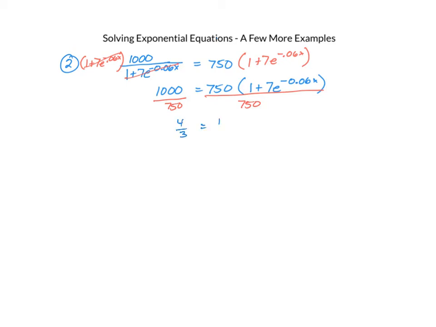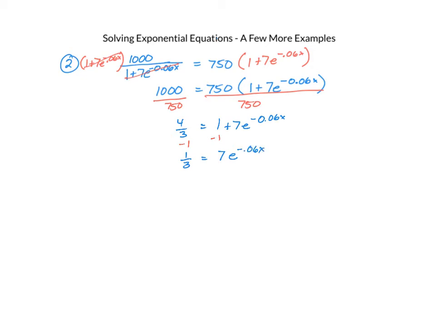4/3 equals 1 plus 7e to the negative 0.06x. Again, I want to isolate the exponential, so I'm going to subtract 1 from both sides. And we know 1 is 3/3, so 4/3 minus 3/3 is 1/3. So I have 1/3 equals 7e to the negative